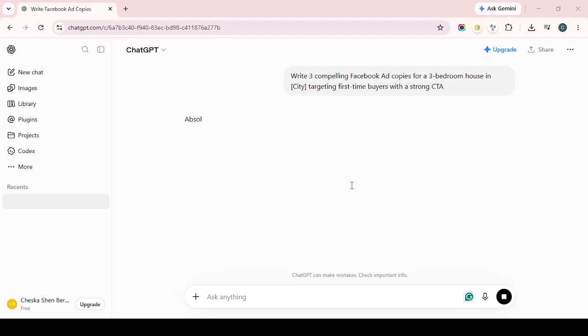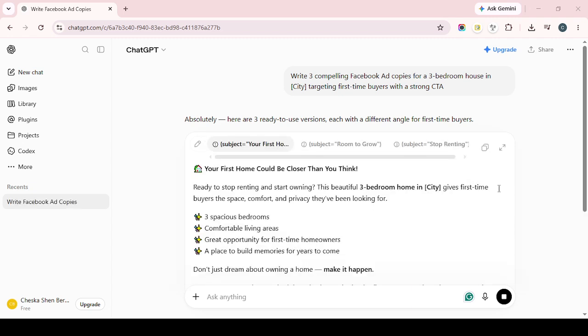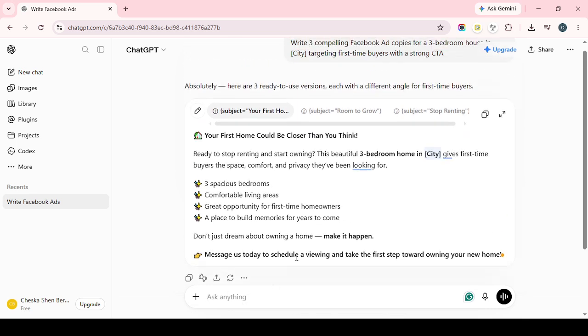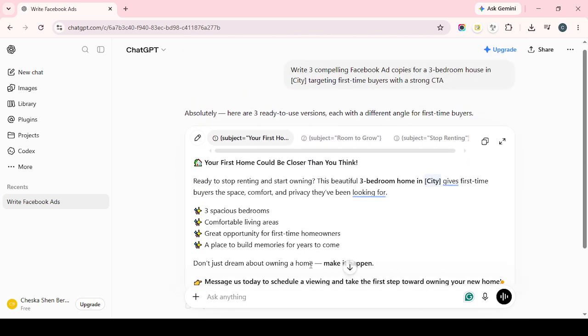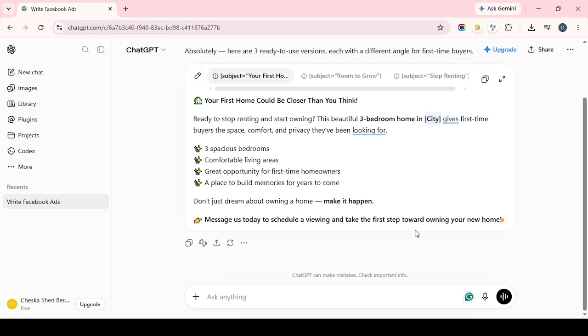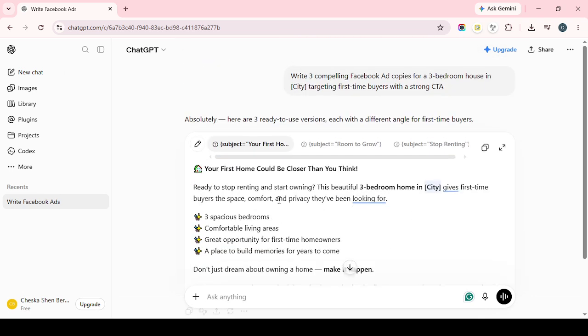Next, use ChatGPT to create a lead magnet. In this case, ask for an outline for a free PDF guide, such as a checklist or educational resource for home buyers in your city. A lead magnet works because it gives people something useful in exchange for their contact details. It also helps position your ad as helpful rather than overly sales focused. When reviewing the outline, make sure it sounds relevant to local buyers and easy to turn into a simple downloadable